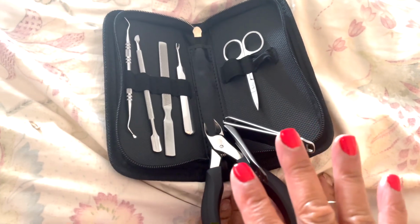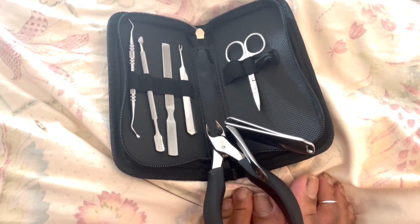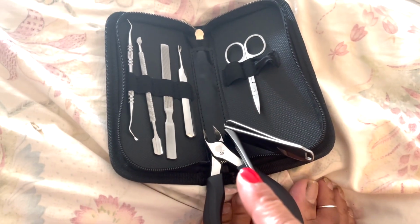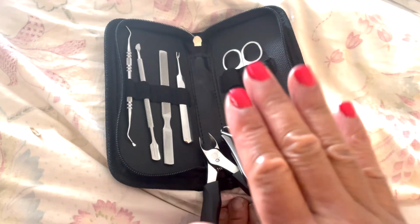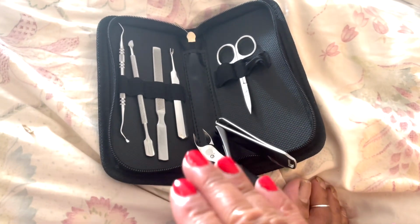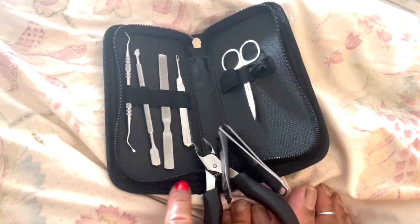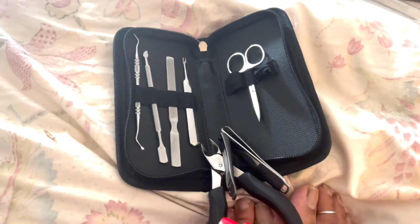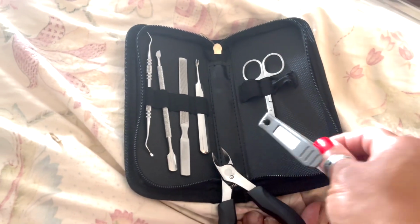I don't know what the price is at the moment, but if you want to wait and see if they actually come back up on a Prime Day deal at a price that's good for you, which was definitely under 10 bucks when I purchased this particular kit, then you might want to wait. Otherwise, if you can't wait and you're really happy with what I've shown you here,